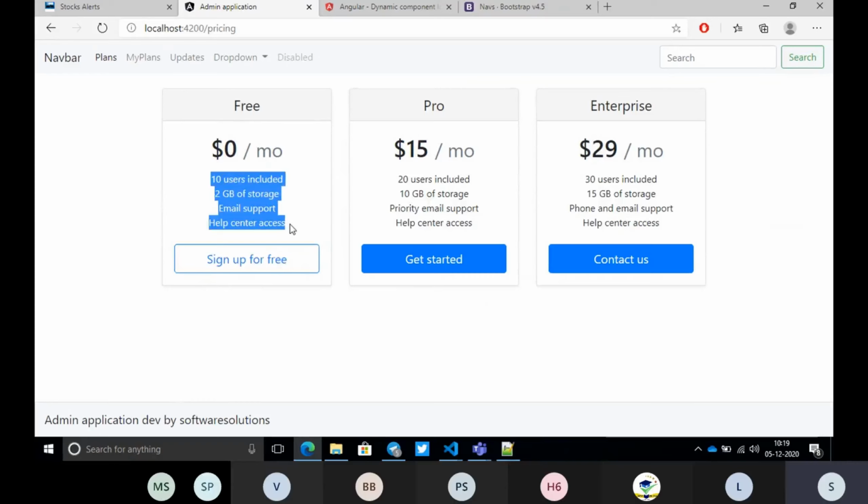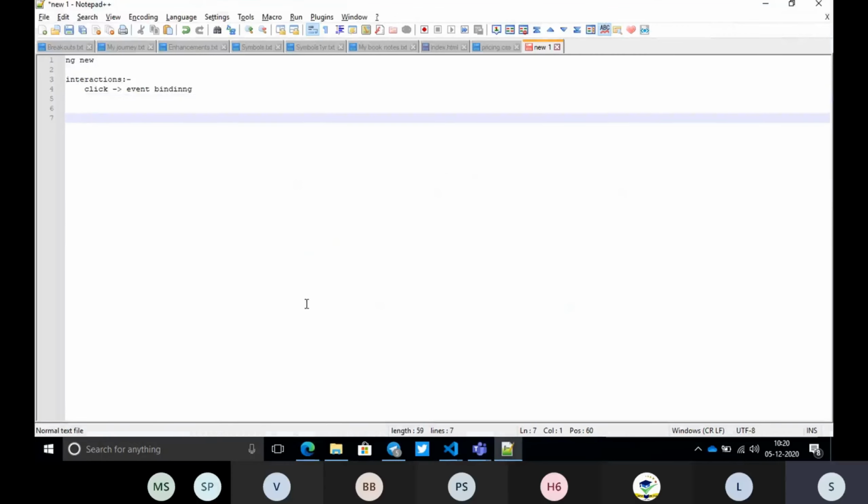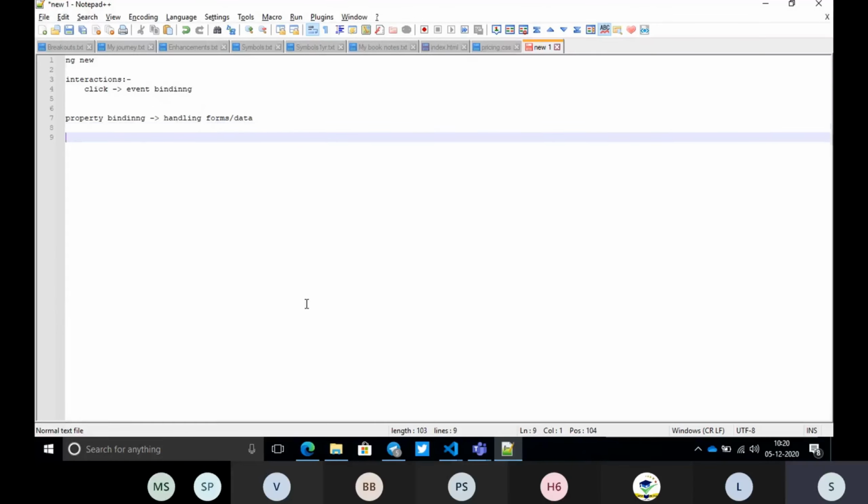in Angular. The next important thing is bindings, property bindings, very important, and this will be used for handling forms and data. And directives, structural directives and other directives. There are two types of directives. We will use the directives also.